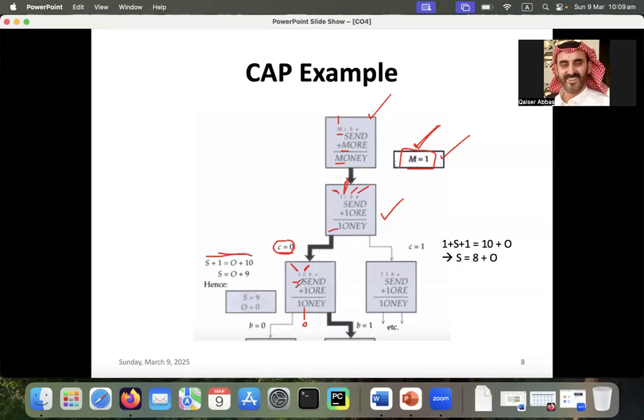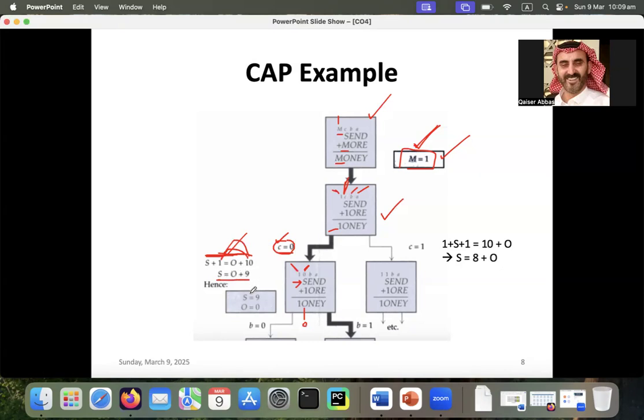So you can either think in your mind that you can assume S is equal to 9 and then get the values for the digits, or you can put your previous values C is equal to 0 and M is equal to 1 in this equation and you will have something like that. And then after simplifying this equation, you will have what? S is equal to O plus 9. So 10 minus 1, you will have S is equal to O plus 9. And now here,